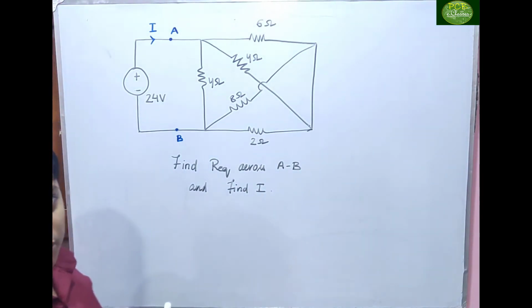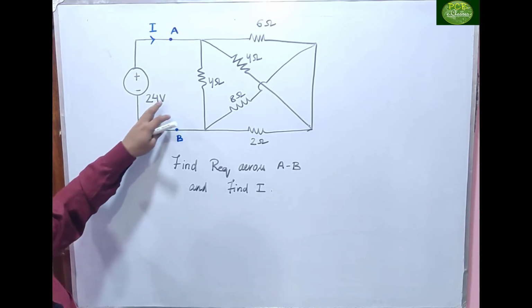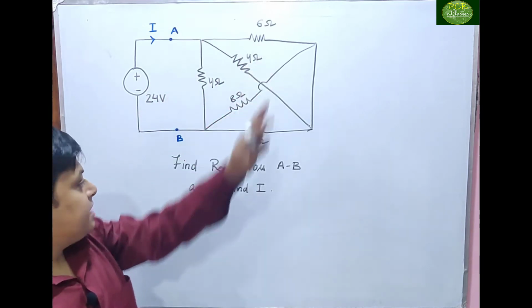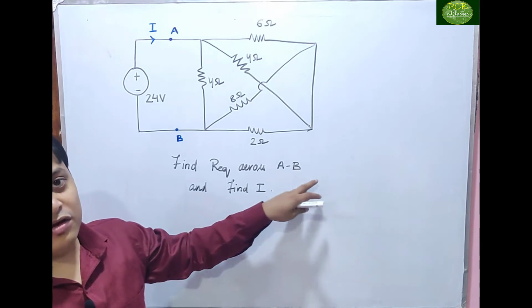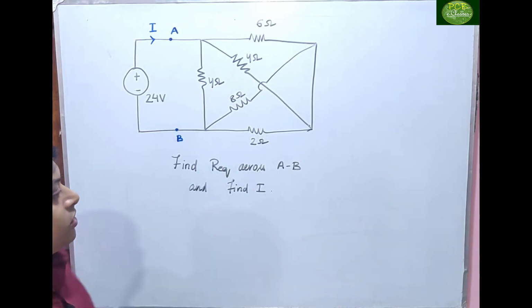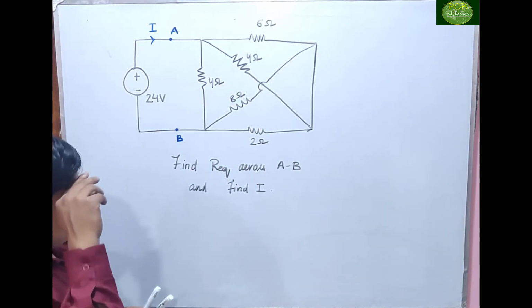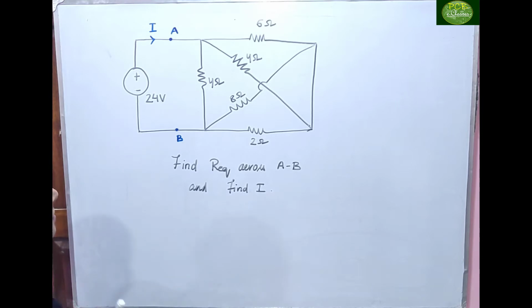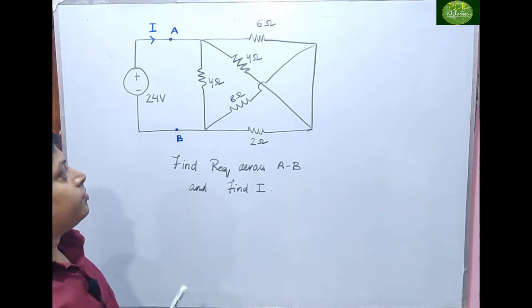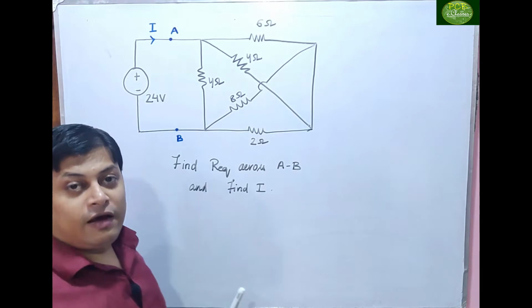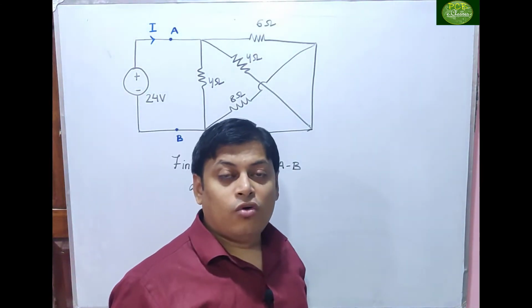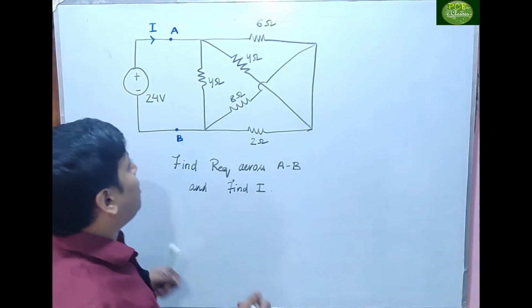Let's say this type of problem. Fine. This is a circuit diagram given where a 24 volt is connected to the circuit. Now it is saying that you have to find out the R equivalent across AB terminal. Fine. So what I will do, first I will arrange it. Clear? The first thing is first we have to make the count of the number of nodes. So how many nodes are there?